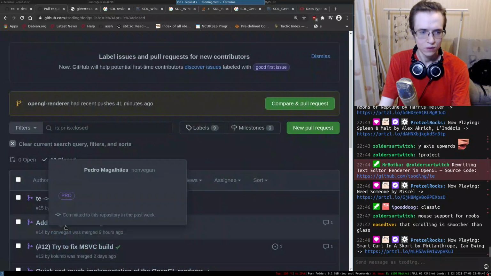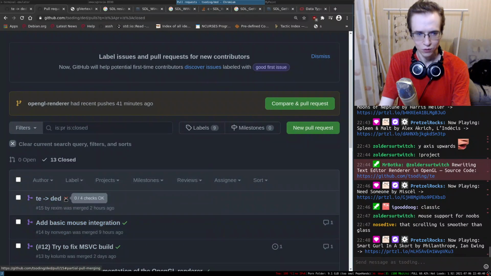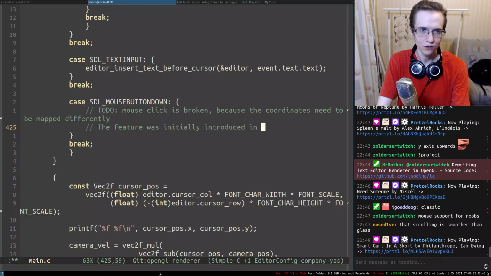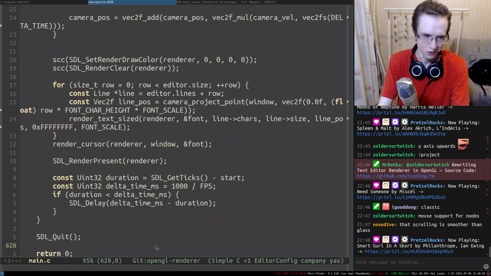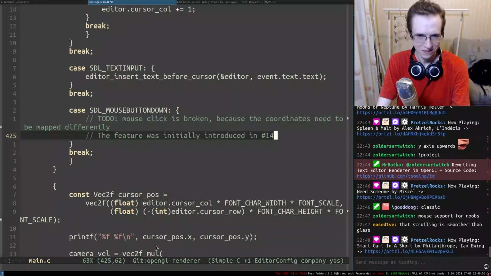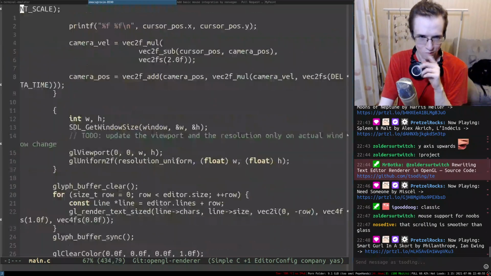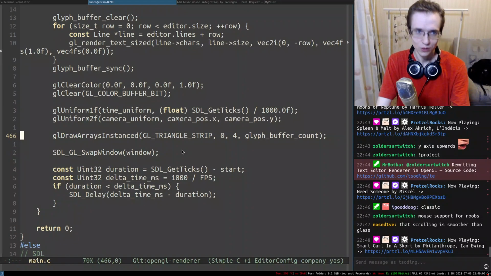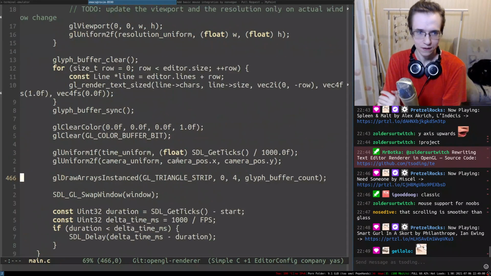Come on. So it was even broken. Holy shit. Basic mouse integration. Okay, so it was 14. Right. So I don't care, to be fair. Okay, so here's the cursor position, and yeah, everything looks okay, more or less.